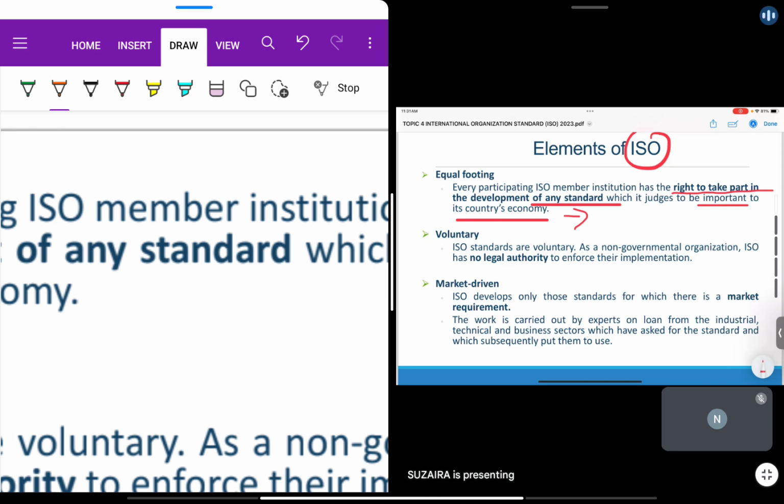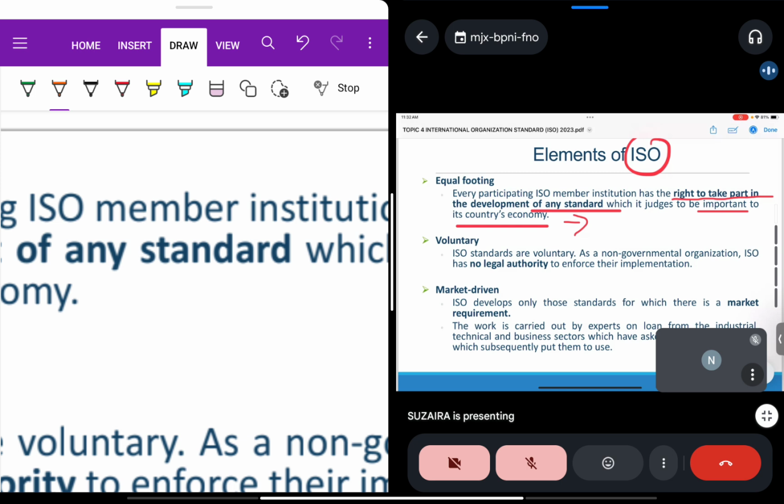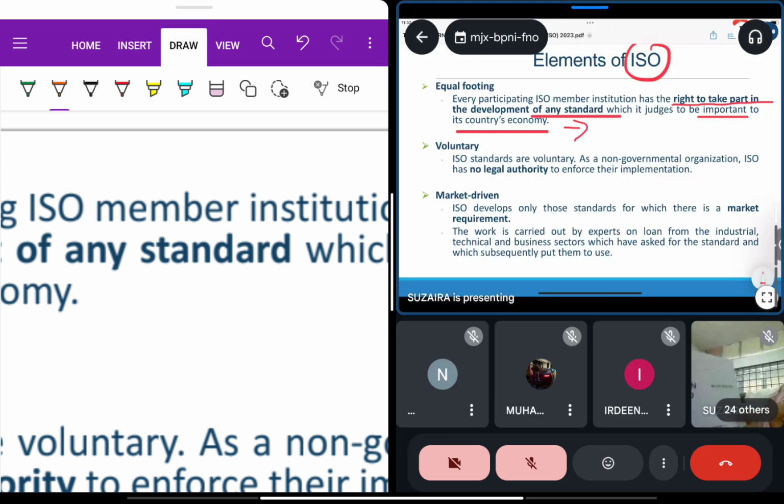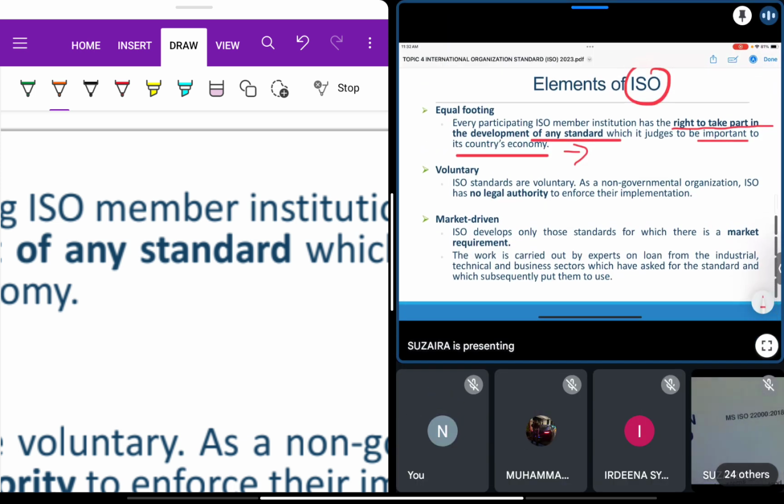Can you see it? Just a moment. Where is it? So this is actually the standard, the Malaysian standard. This one is ISO 22000. This is an example of the standard. I will bring it when we meet face to face. Here they have a lot of requirements, and it's considered as guidelines or a reference that we can use. Okay, and if you flip through at the back,